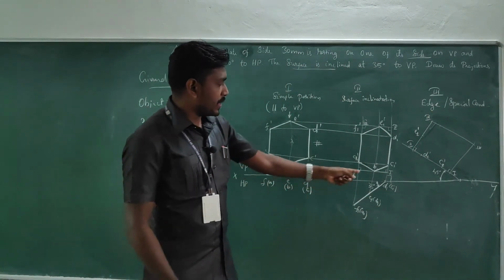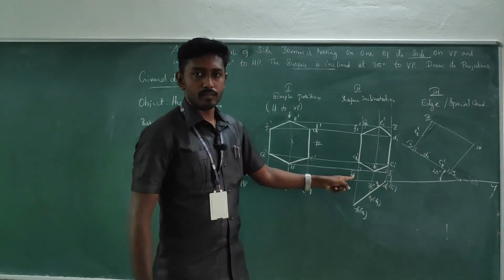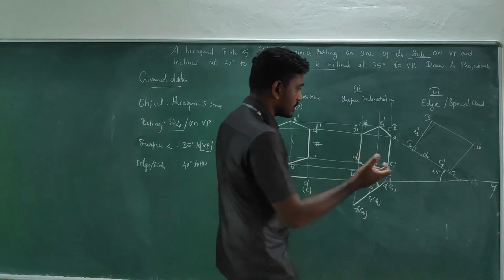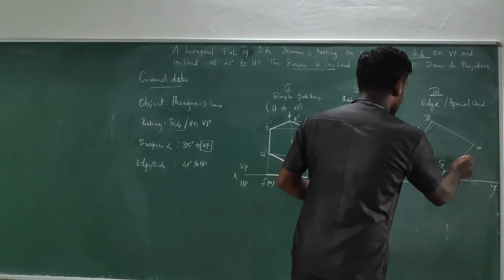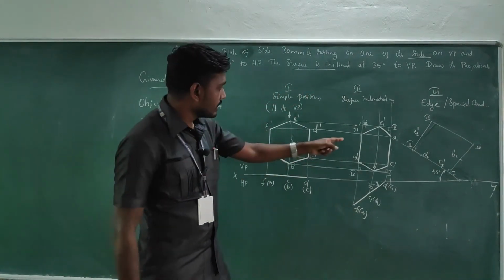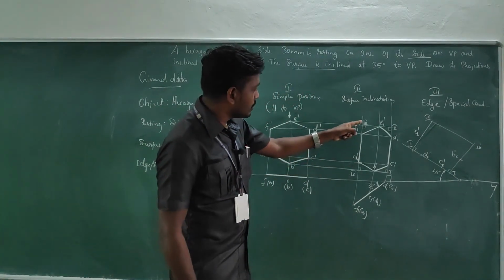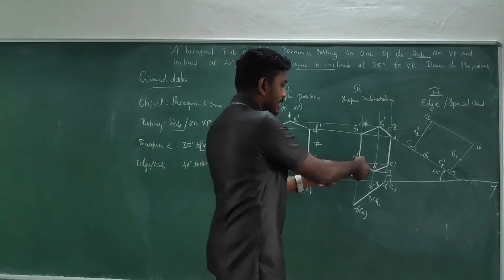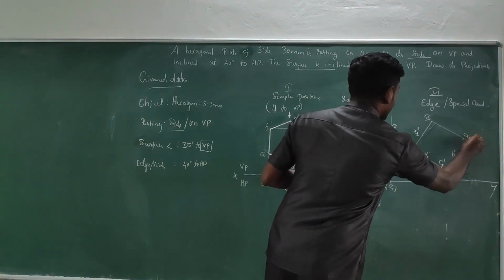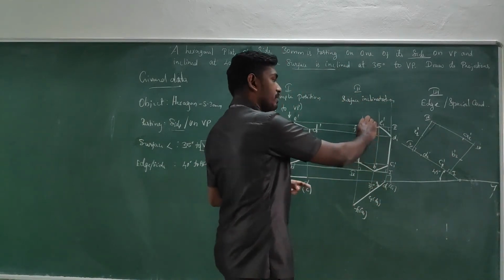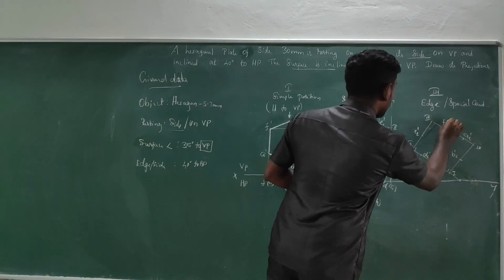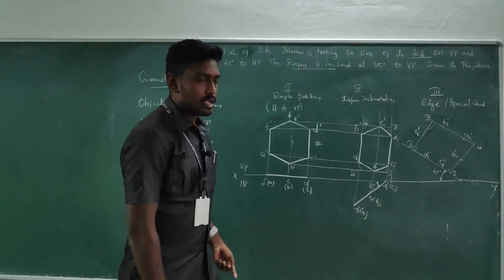Where is B? Between 1 and 4. So I'm taking the measurement from 1 to B, what is the measurement in my compass, and from 1 I'm going to transfer it. So this becomes B2 dash. Then A and F are just between 3 and 4. Take the measurement from 4, and from 4 I'm going to transfer it. It becomes A2 dash. Take the measurement from 3 to F, the distance from 3, and just transfer it. It will be your F2 dash.